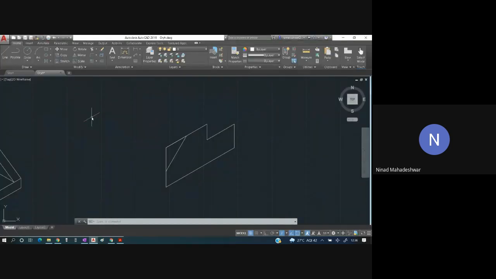Okay, so from here I will go towards right by 30 and just hold on. यहाँ पे F8 we have to switch on, that is ortho. Okay, this is 30. So we have gone inside by 30 mm. So this is the line. Okay. Now we have got the center over here.